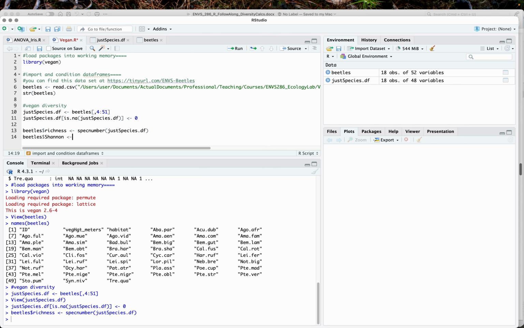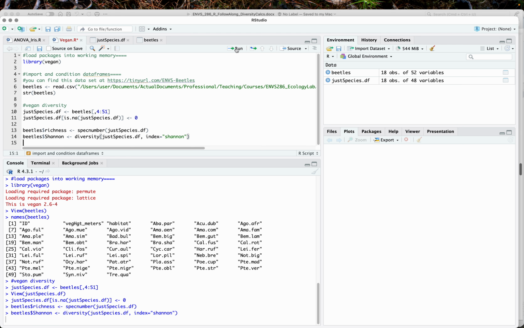$Shannon, and this function is diversity, and we'll feed it in just species. And now we need index equals quote Shannon. I guess technically we don't really need that, but it's good. We do, because this is how you would call Simpson as well. So this is going to jump to 53, I hope. Boom, 53. Okay. Excellent. And then let's do beetles